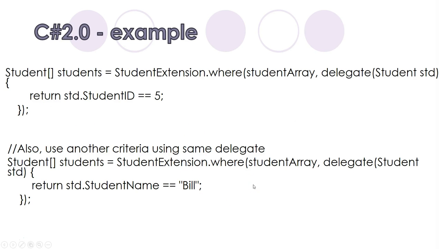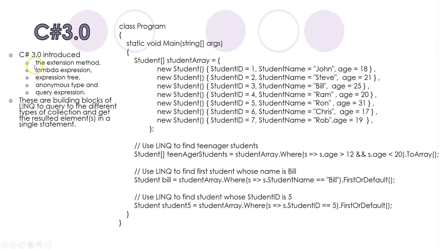It was a bit easier, but with 3.0 we introduced the extension method, the lambda expression, expression tree, anonymous type, and query expressions. They're building blocks of LINQ to query the different types of collection and get the resulting elements in a single statement. So for example, in this type of array, what is happening here, we are creating a LINQ